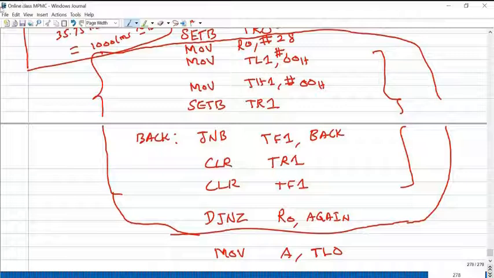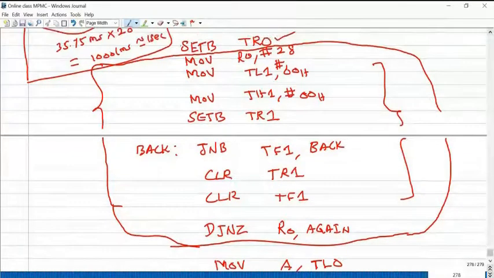So already we discussed many programs on how to write the code for generating a particular time delay. In mode 1, the maximum is 35.75 milliseconds you can generate for 22 megahertz oscillator frequency.